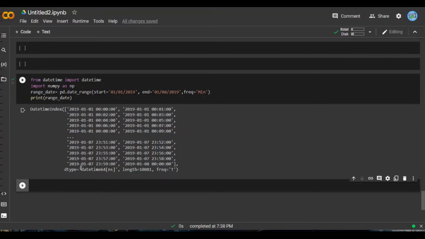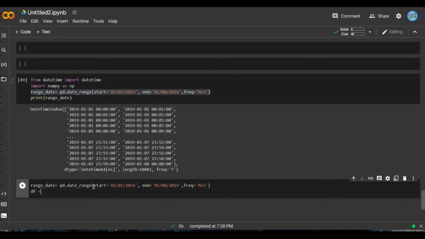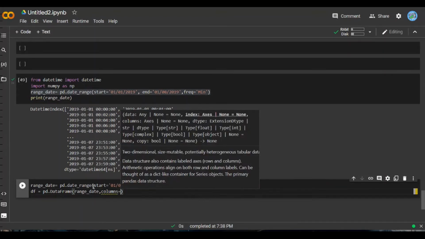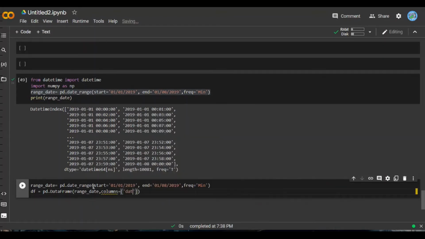And one thing to note is the date: pandas uses the data type datetime64[ns]. What I do is I'll take this piece of code, copy it, and paste it in a new line: df equals pd.DataFrame, I pass this as the value, comma, columns equal to square brackets, I pass date,